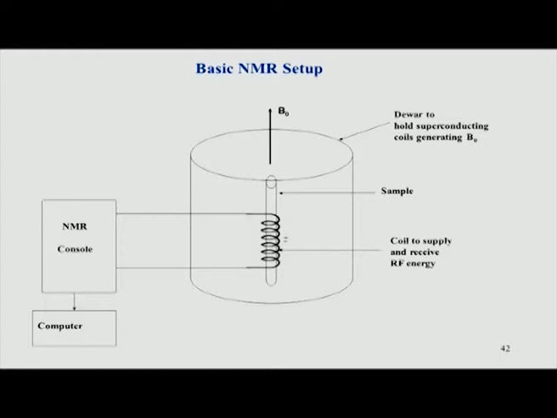This is a basic schematic of a magnet. As we can see, the magnet is basically a big dewar which looks like this. This is of course not in the dimension of the real size, this is a schematic figure. We will see this in more detail in the next slide. It contains the magnet, and in the middle of the magnet there is a bore, a hole through which we put the sample in, and the sample sits inside the magnet.